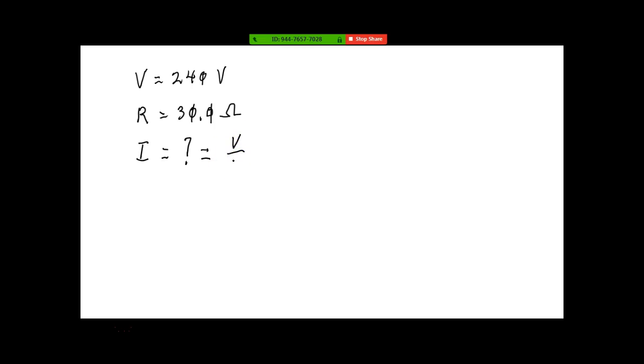Perfect. Voltage divided by resistance. Okay? And here your voltage is 240. And most of the time I'm a real big stickler for units, and I still am. That would be volts. The only thing here in this situation, you don't see what's canceling out. You just have to remember what the relationships are. Divided by your resistance, which is 30.0